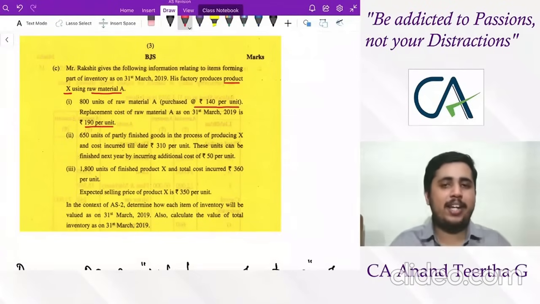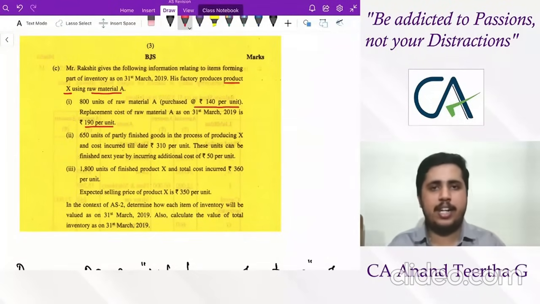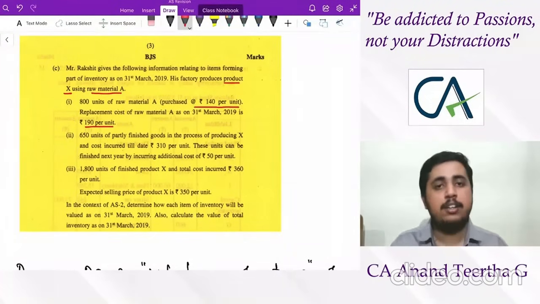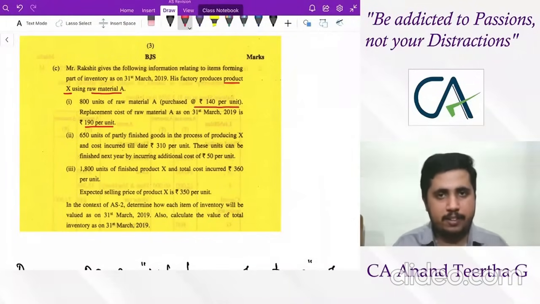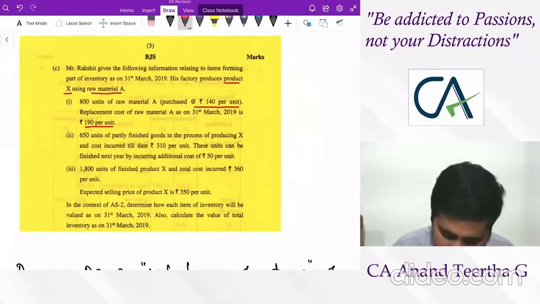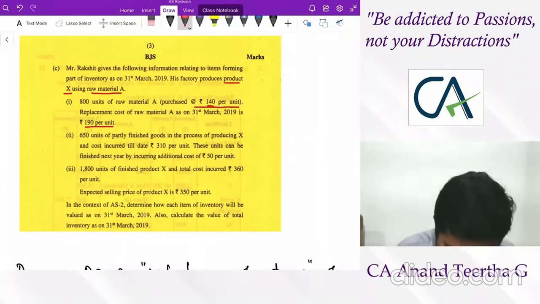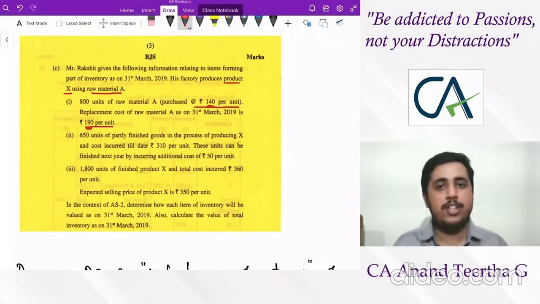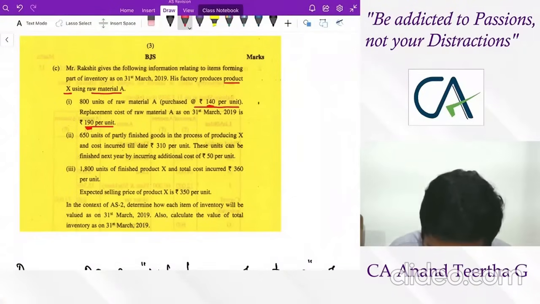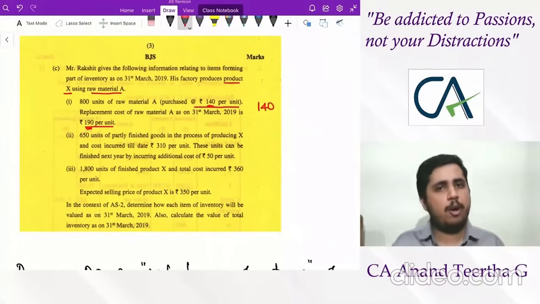Now for raw material valuation, there are two conditions, and if any one condition is not satisfied, we have already seen that. If you look into it, I need not even check what the finished goods cost is. Just by looking at raw material itself, my job is done. Why? Because cost of purchase is 140, replacement cost is 190, which basically means the price of raw material is not in decline. The value is more now. So what should I do? Consider 140 directly as the value of your cost of raw materials, because one condition is anyhow not satisfied.